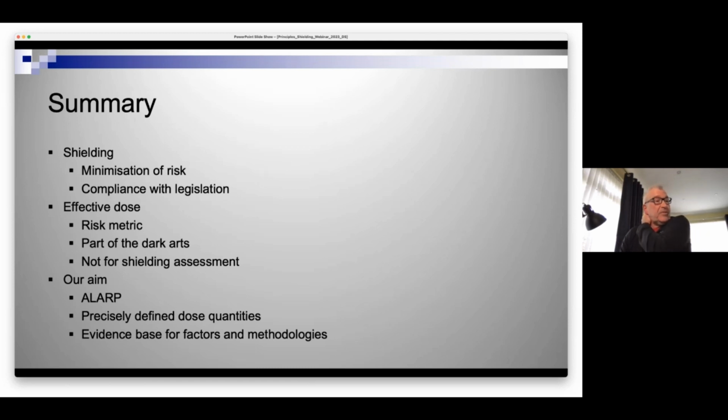Our aim has been to come up with a way of designing shielding that is ALARP, that uses precisely defined dose quantities that are used in radiology, i.e. KERMA,